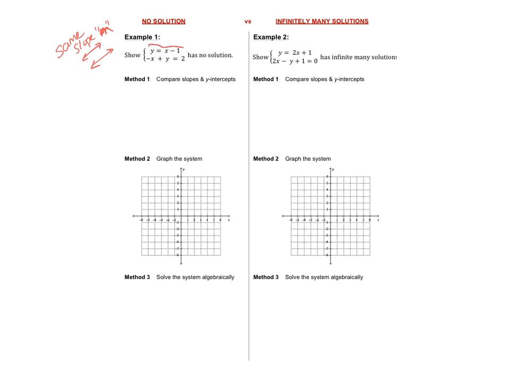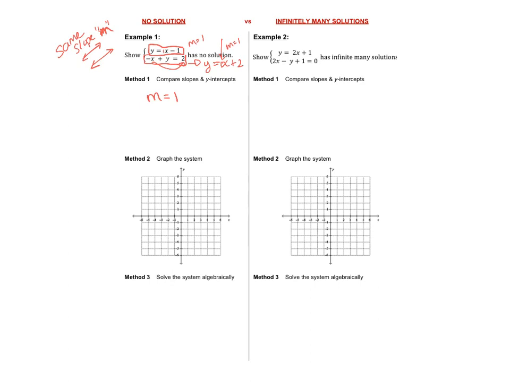Our first equation's already isolated, and the slope is 1. In the second equation, when we isolate this, we're going to bring x to the other side of the equal sign, and it's going to make it positive because we'd be adding x to both sides. So this turns into y equals positive x plus 2. And so again, we have the same slope. The slope is 1. So in the first equation, m is 1.